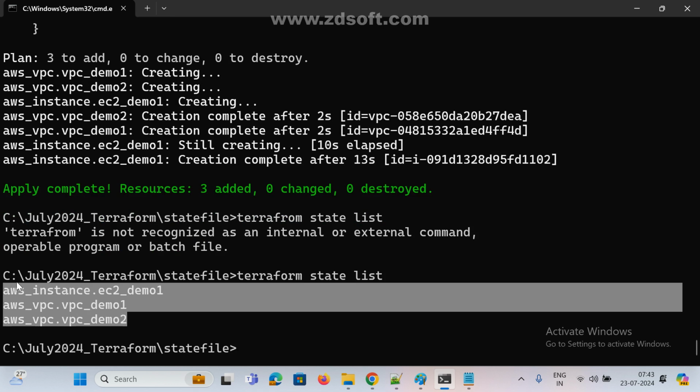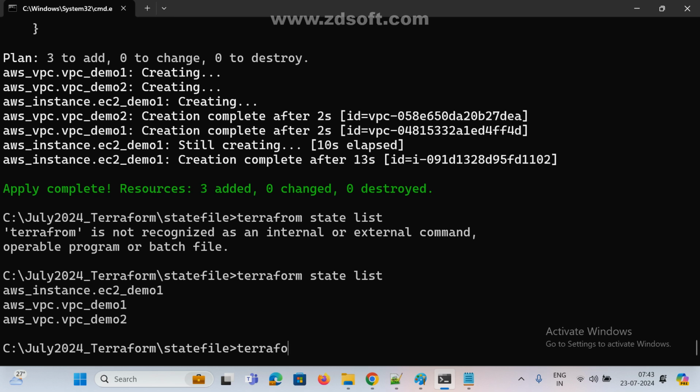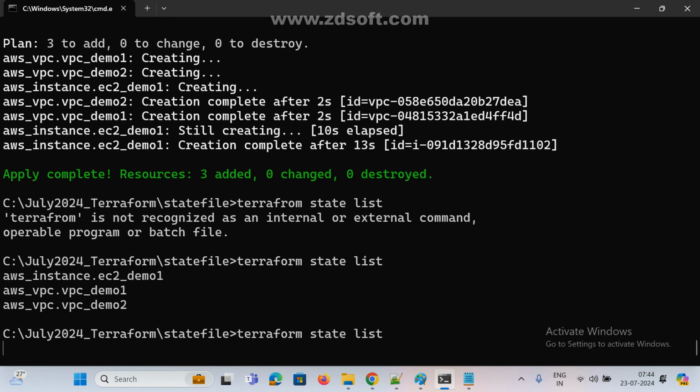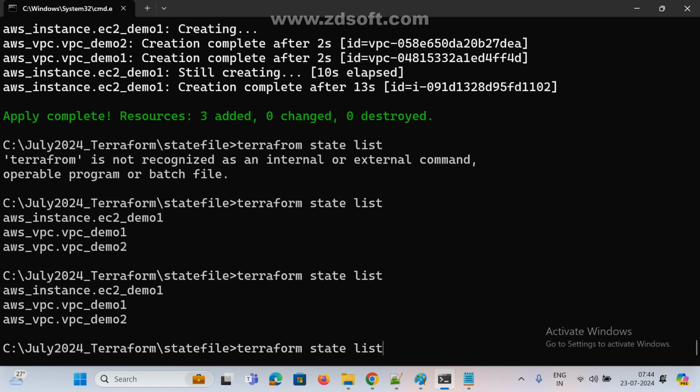List means it will display the existing resource list and all. So if you use list, that is terraform state only, right?